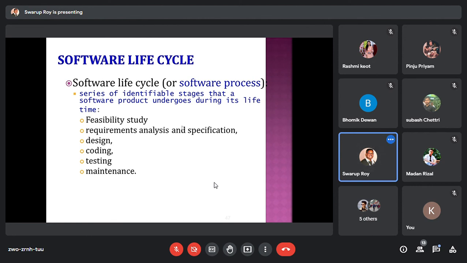Now let us assume the feasibility study is successful. Then they start gathering the actual requirement of the customer, because the customer has a different way of communicating with the company. Company people may or may not understand well. If a product is already in use, then it is very easy to communicate.